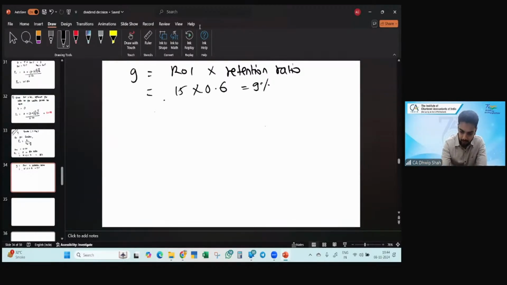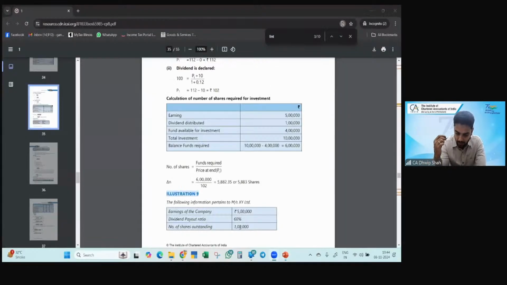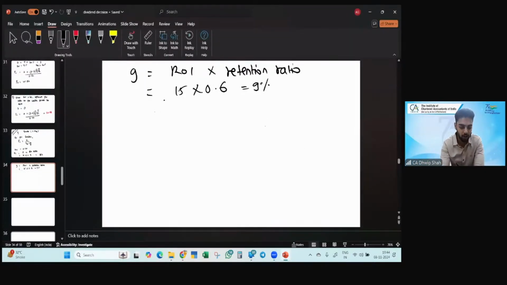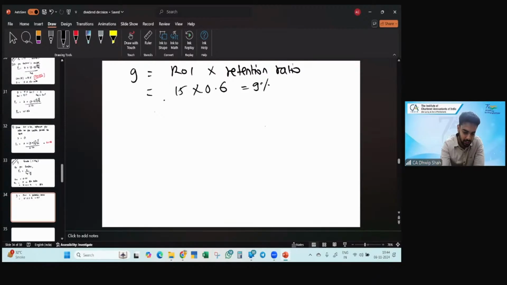Sir, in Walter's, I think it's ROE greater than growth, but in Gordon's model it is not there. So that is the difference, I think. No, ROI is greater than KE is also involved. In Gordon's also we saw that ROI is greater than KE. It was the same inference: when ROI is greater than KE,